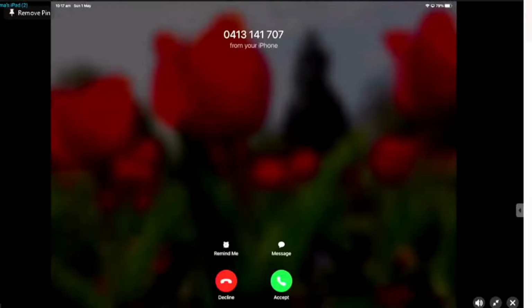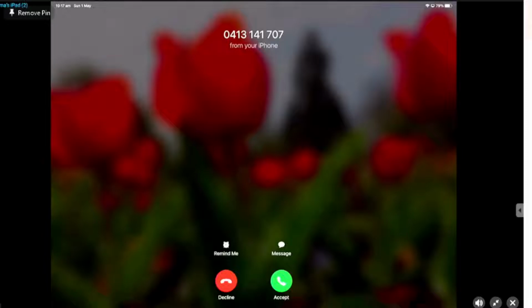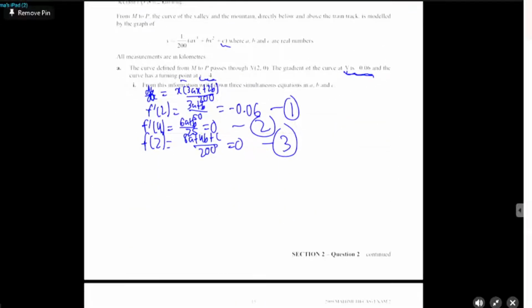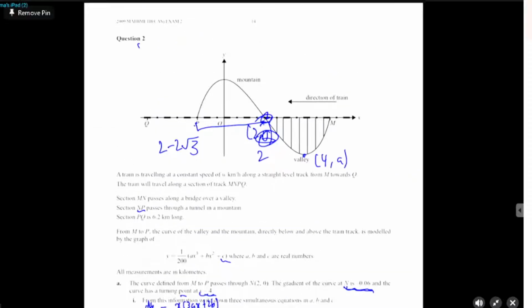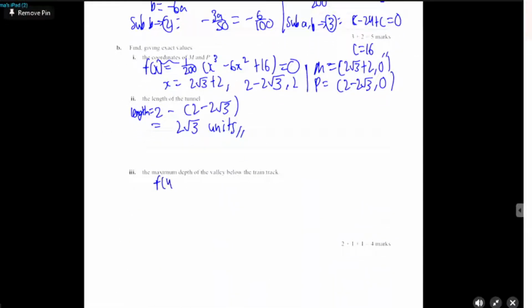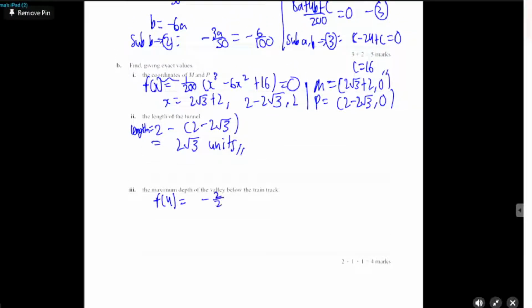And then the maximum depth of the valley occurs at this point, f of 4. So you just sub in 4 into your f(x) equation. You get negative 225, and therefore your max depth has to be